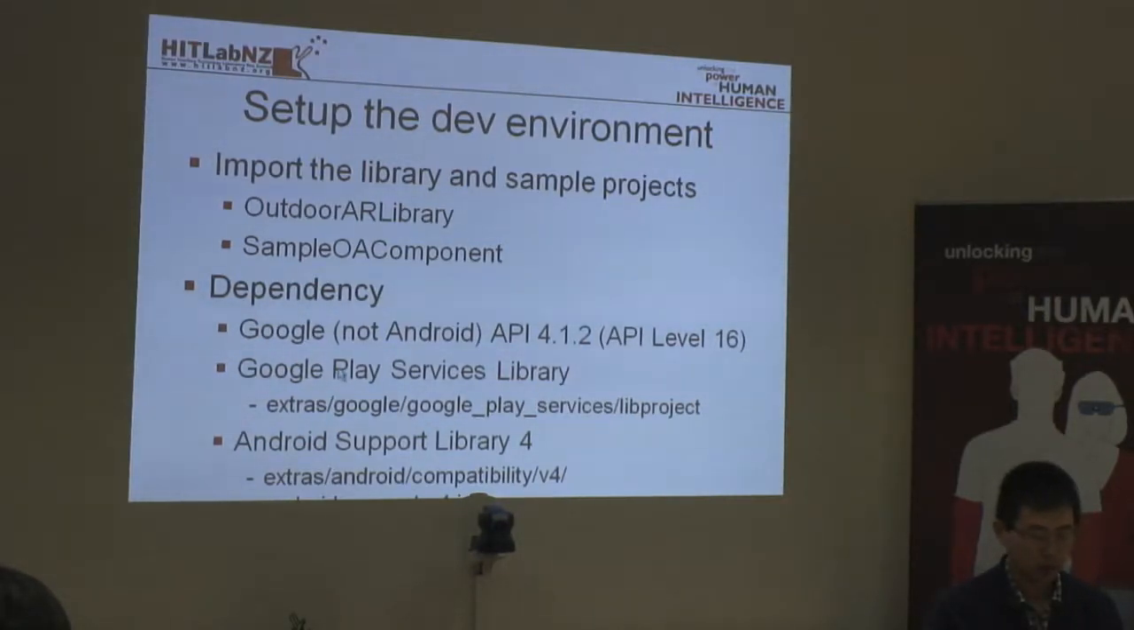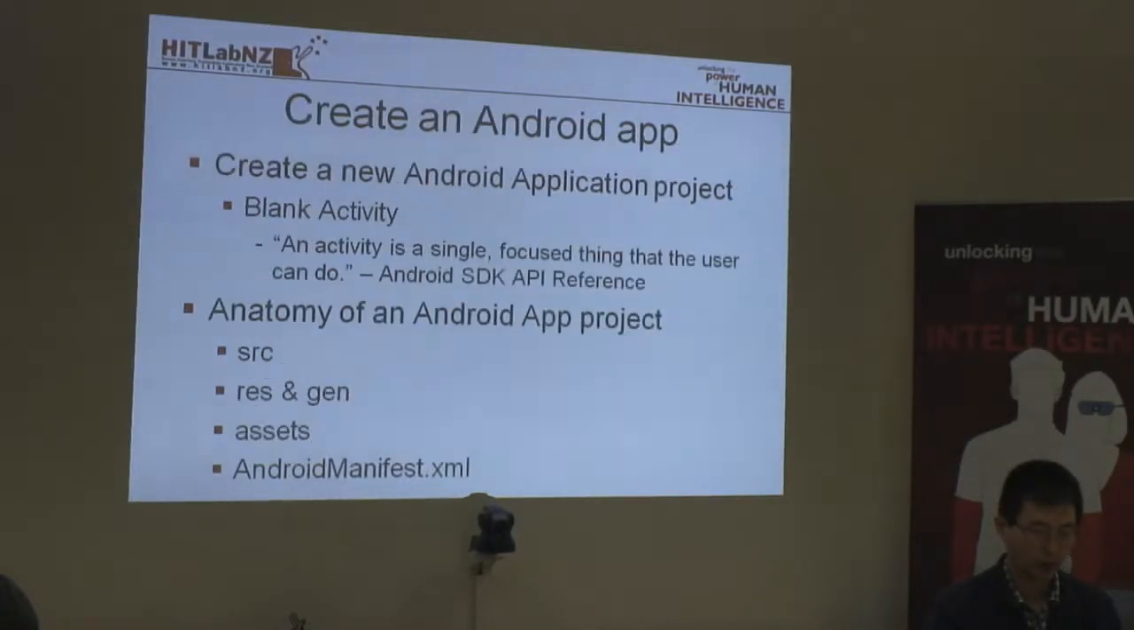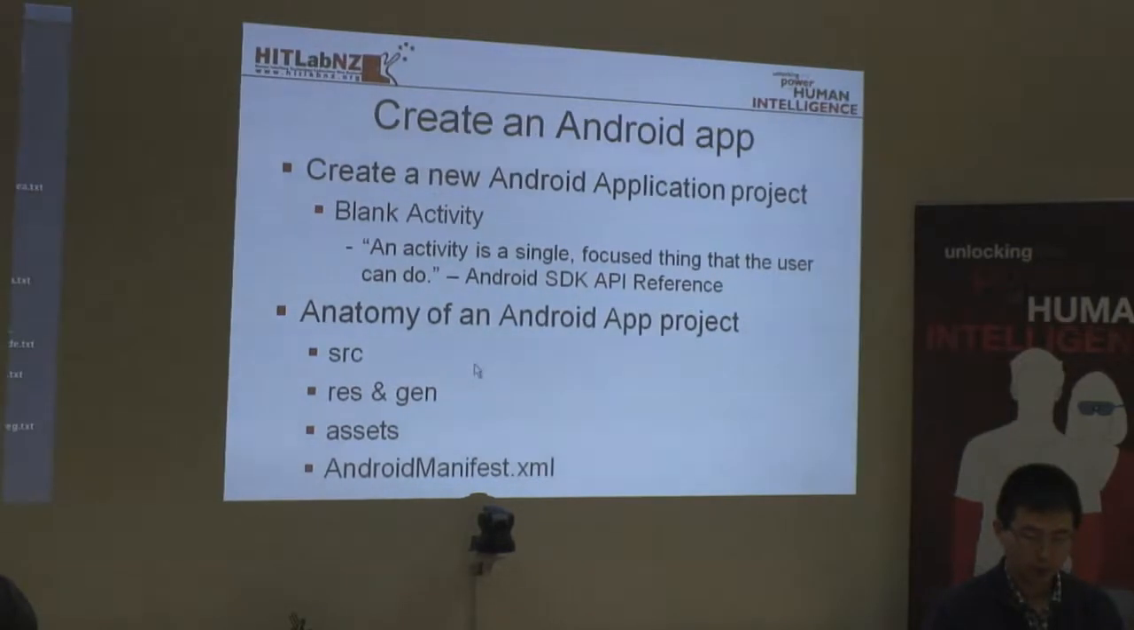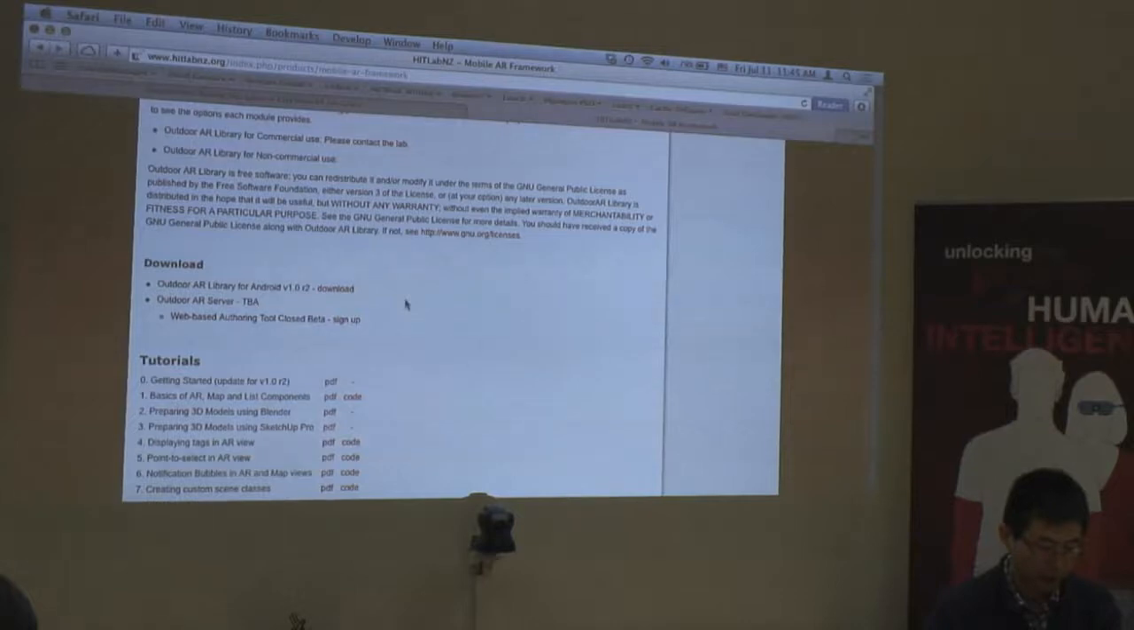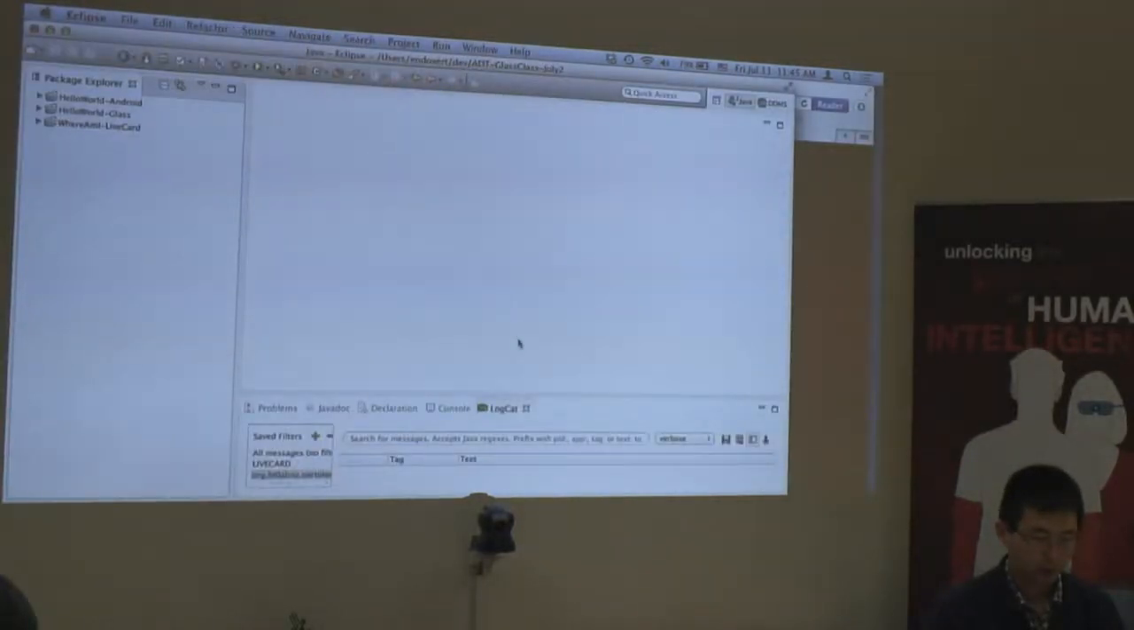And to use the newer version of the Google Play map service, you'll also have to include the Google Play Services library, which comes with the Android SDK, and you can import it. You'll also need an Android support library, but I'll show you in a minute how to set up all those things. So let's start first with importing the library itself. If you go to